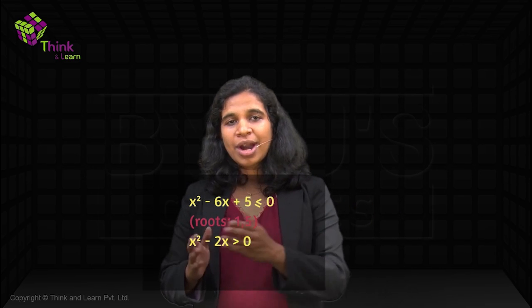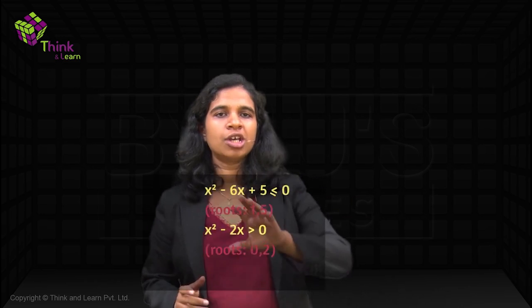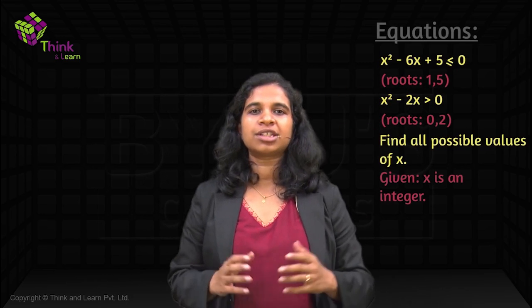Second one, x squared minus 2x. No constant, so it's nothing but x squared minus 2x plus 0. Right? Product of roots is 0. Sum of roots is 2. Product 0 means one root has to be 0, right? So 0 and 2 will be the two roots. We have the roots of these two equations, so we can keep the equations on the side now and start drawing them.